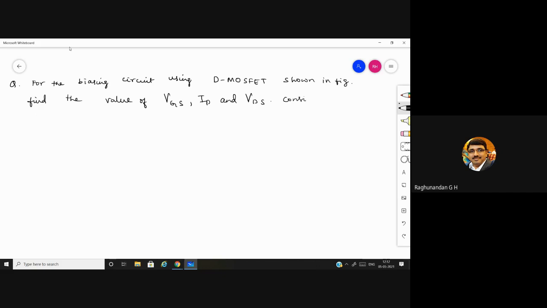Consider the saturation drain current as 6 milliamps and pinch off